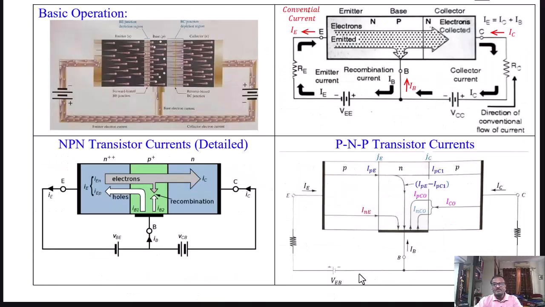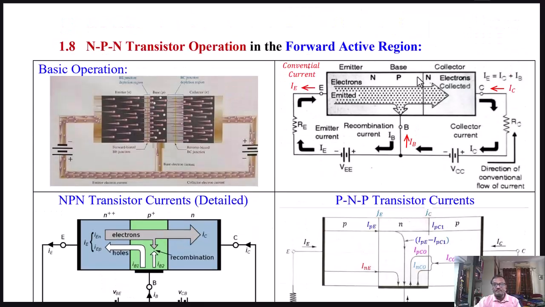The same thing is shown here in the diagram too. Here, the diagram indicates the charge particles and their direction of flow. The majority charge particles, electrons, are shown, those are injected from the emitter. Here, a few of them, say around 5%, constitute the base current and the remaining go to the collector, and therefore